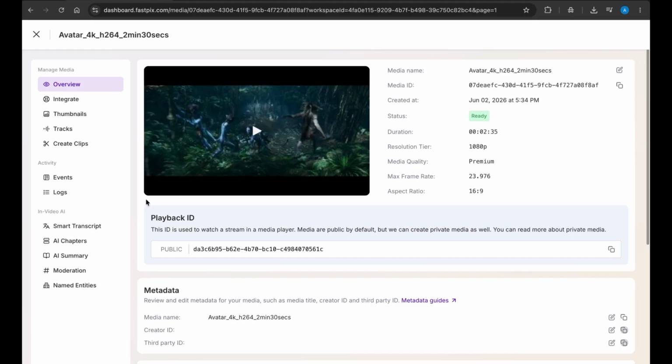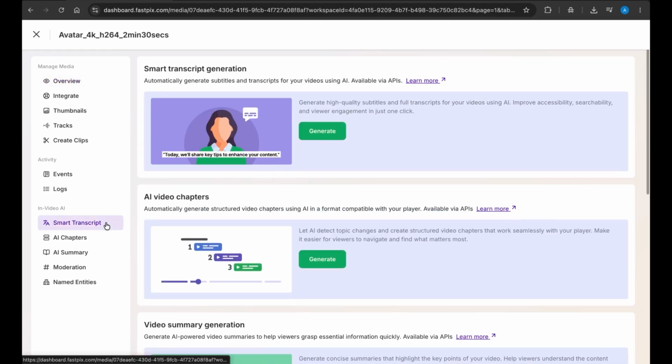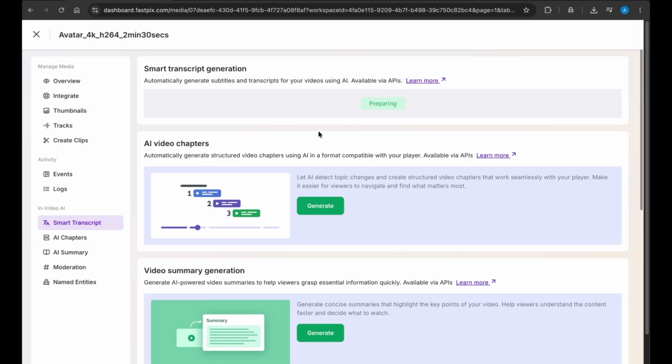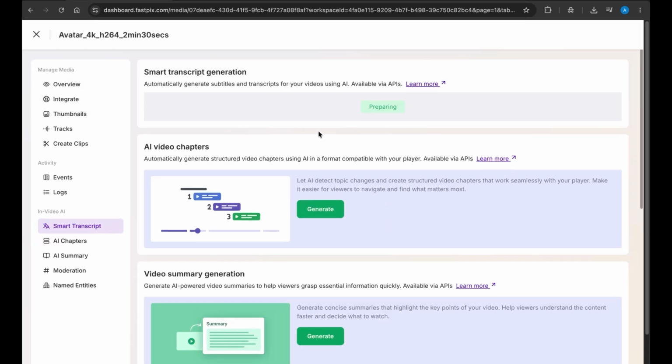The dashboard. Open your video and click the Smart Transcript tab under InVideo AI. You'll land on the Smart Transcript Generation page. FastPix generates high-quality subtitles and full transcripts for your video using AI, improving accessibility, searchability, and viewer engagement all in one click. Hit Generate, confirm, and proceed, and FastPix gets to work transcribing your audio with OpenAI's Whisper model in